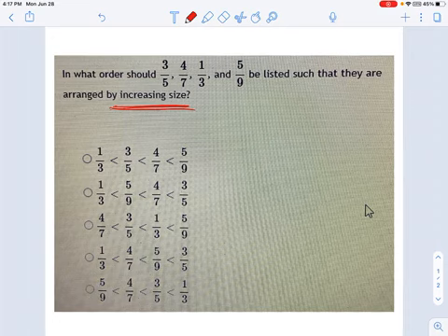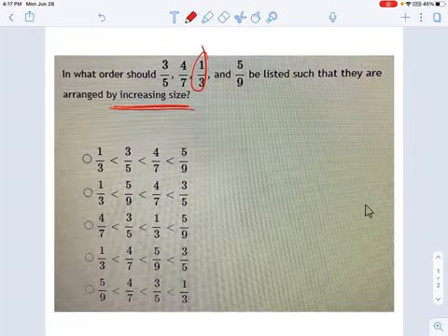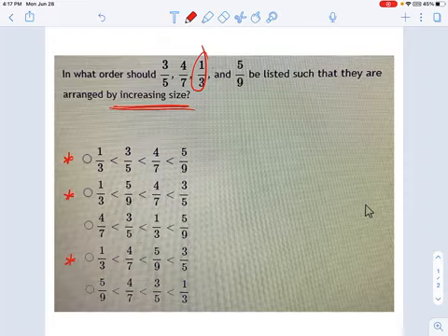If I had to make a quick guess, okay, I know that 1/3 is smaller than all the rest of these things. So if I had to decide in 10 seconds what the answer is, I would just guess one of these three. Okay, it's not a bad way to do it. At least you improve your odds of guessing compared to 1/5. But we can still do better than that.